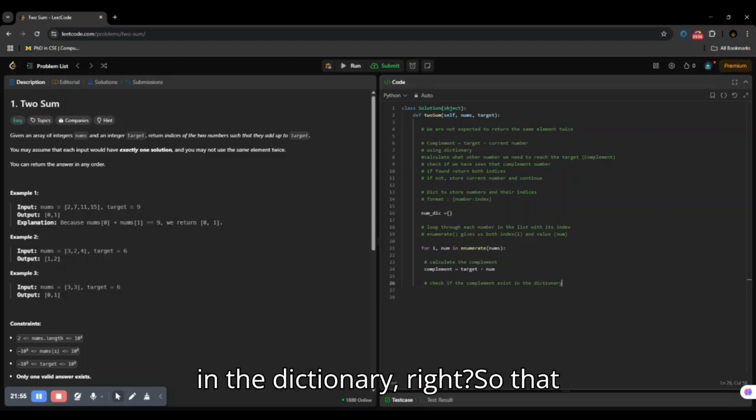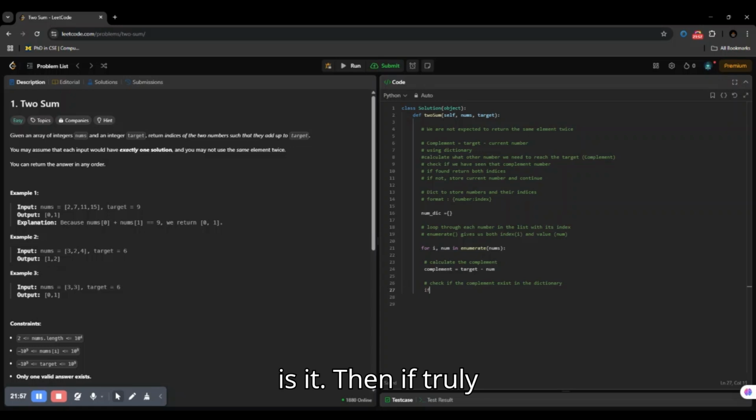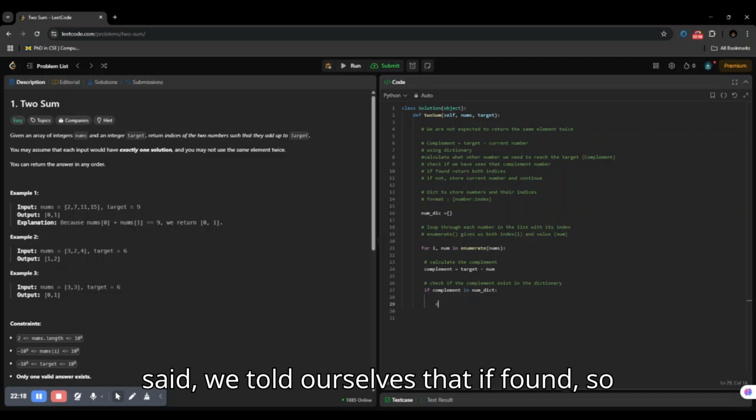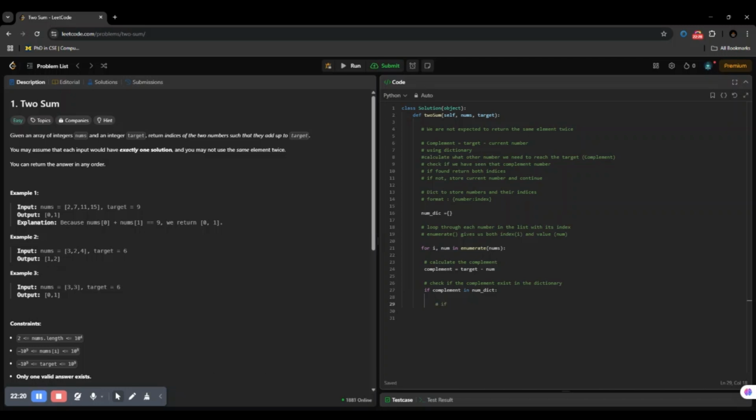Right? So that is it. Then if truly it exists, so if complement, let's write that, sorry, right? So we are checking if the complement exists in the dictionary. After checking, what else do we do? We told ourselves that if found,